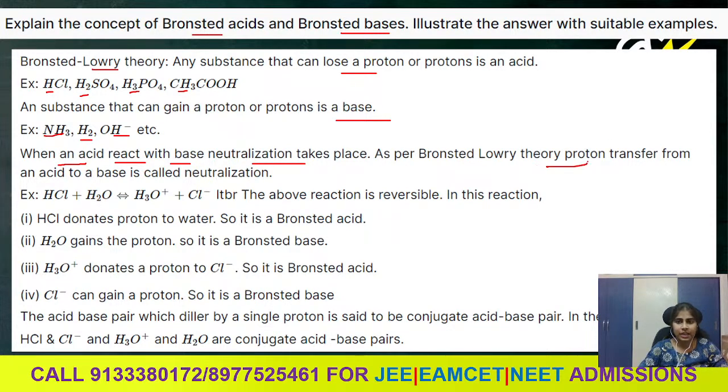It means there will be a proton transfer from the acid to the base. If there is a proton transfer, that type of process is known as neutralization. Here, for example, if we react HCl with H2O, a proton transfer takes place from this acid to this water. This water becomes H3O plus and this chlorine becomes Cl minus. So this is also a reversible reaction, and this is the neutralization reaction. You can see the Bronsted acid and Bronsted base here,